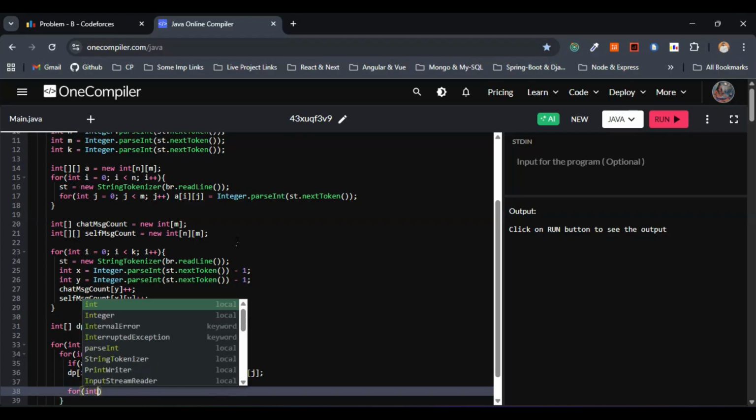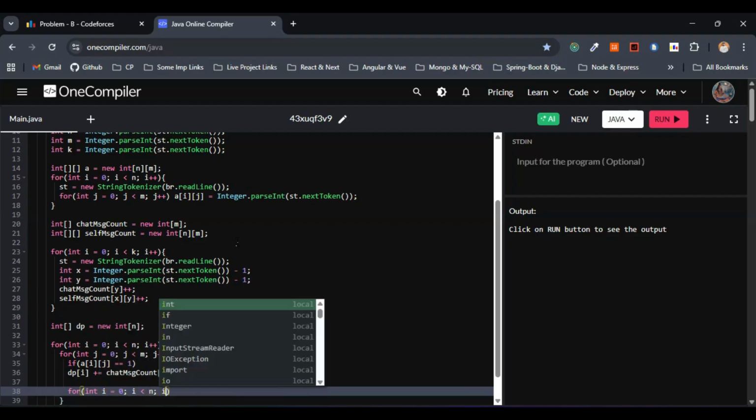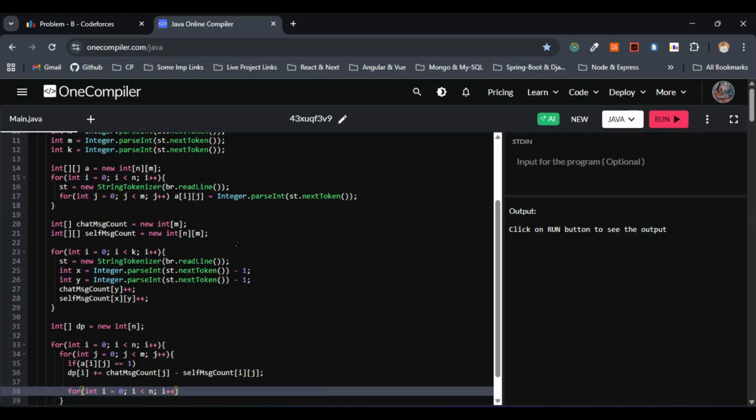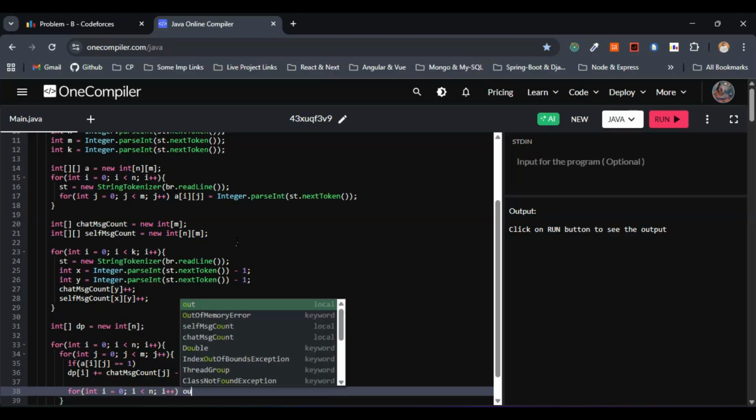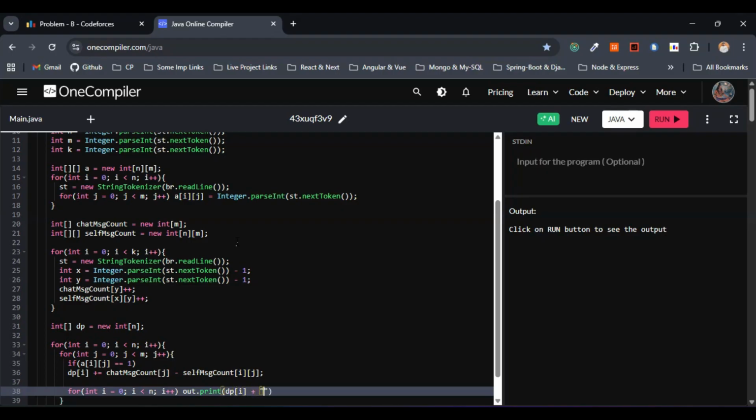So let's go with the iteration part here. First, let's print all the notifications for all the employees. So this one will be int i equals 0, i less than n, since we have considered the size n, right? So this one will be fine. out.print, so we have to print that in the same line, so we don't have to make use of ln, I believe. Yep, print is enough. So this one will be dp of dp of i, this is correct, and also we